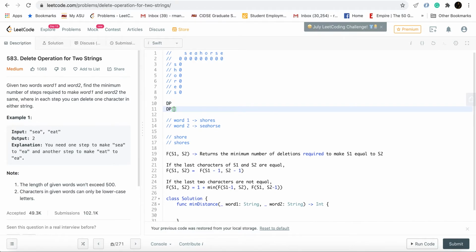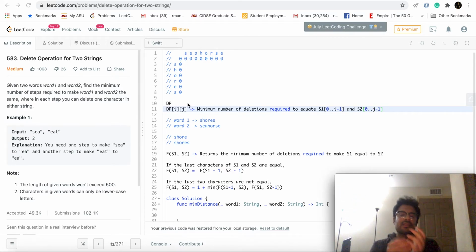So dp of i, j, meaning any cell in this 2D table, represents the minimum number of deletions required to equate S1 of 0 to i minus 1 and S2 of 0 to j minus 1.